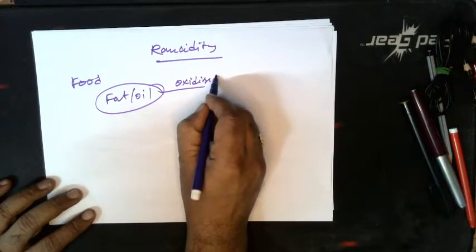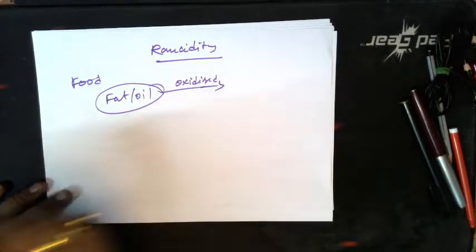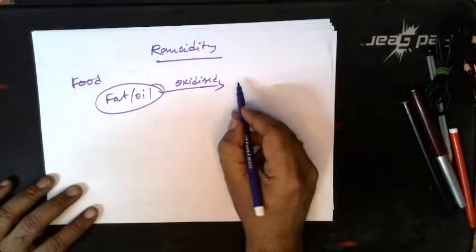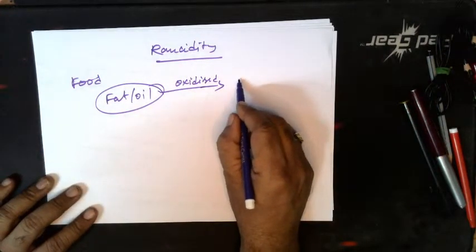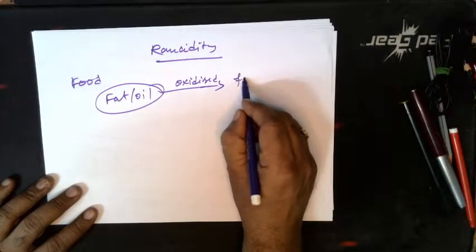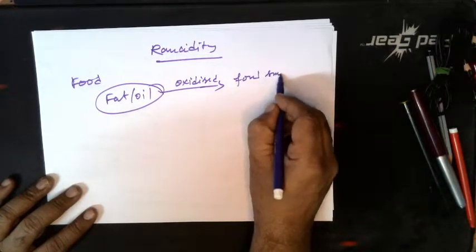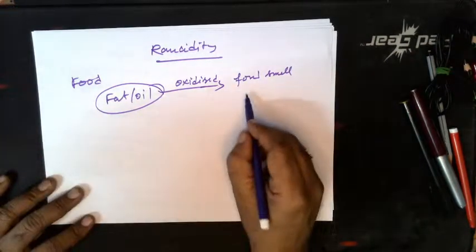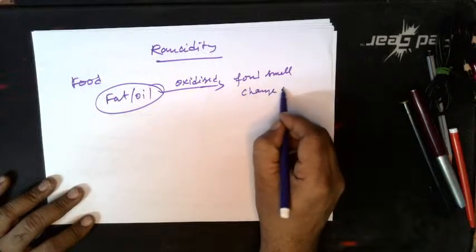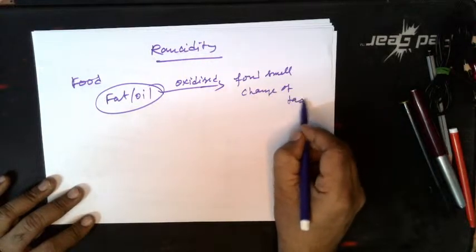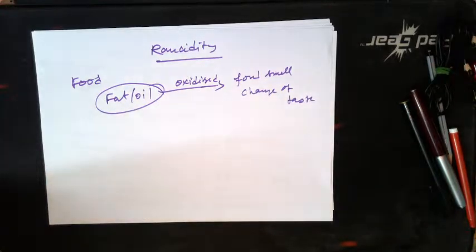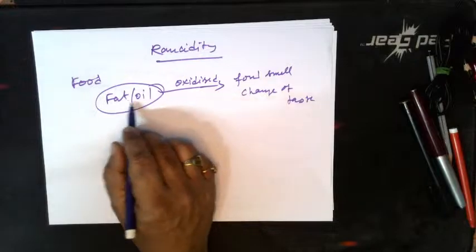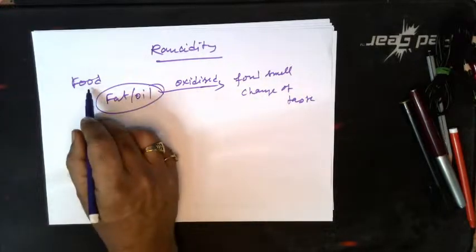This fat and oil are oxidized, and thereby you get a mal odor, that is a foul smell, and there will be a change of taste also, is it not? Change of taste. This is because of the oxidation of fat and oil present in food, and that phenomenon